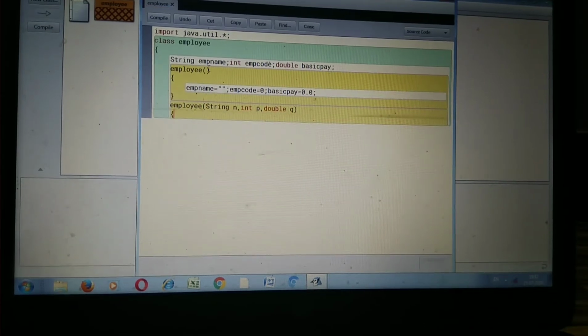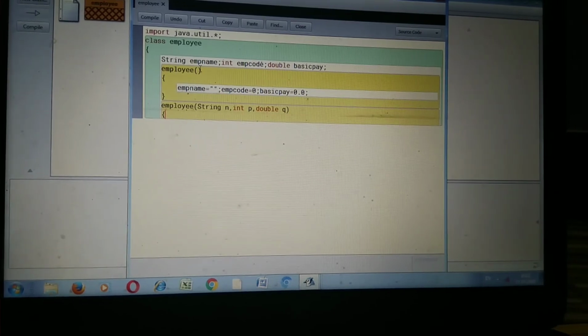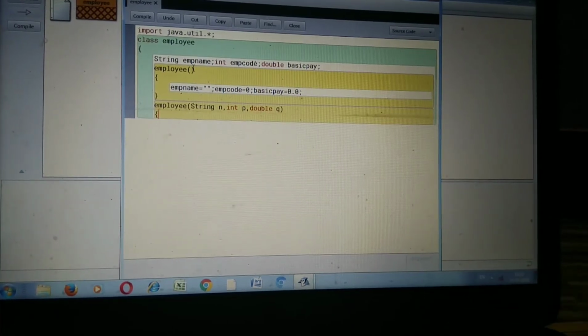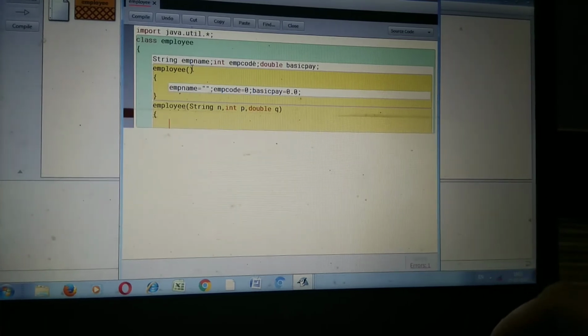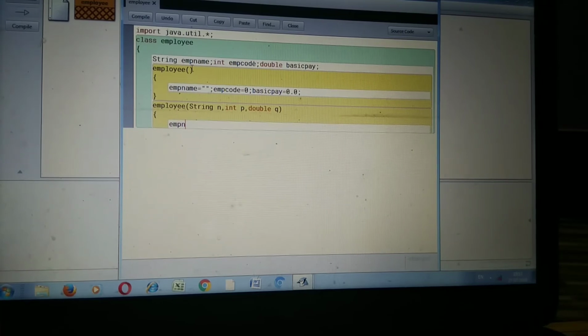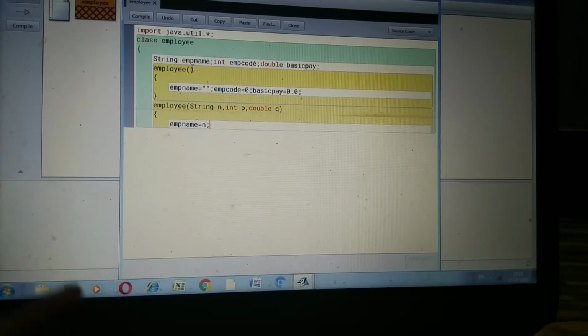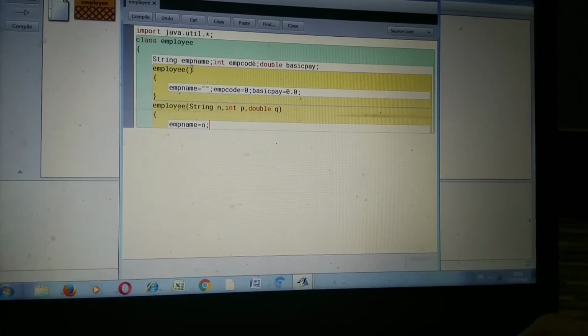After creating the parameterized constructor, we have to initialize the instance variables with the variables given in the parameters. The first instance variable is empName. empName is equal to n, meaning we store the n value in employee name.